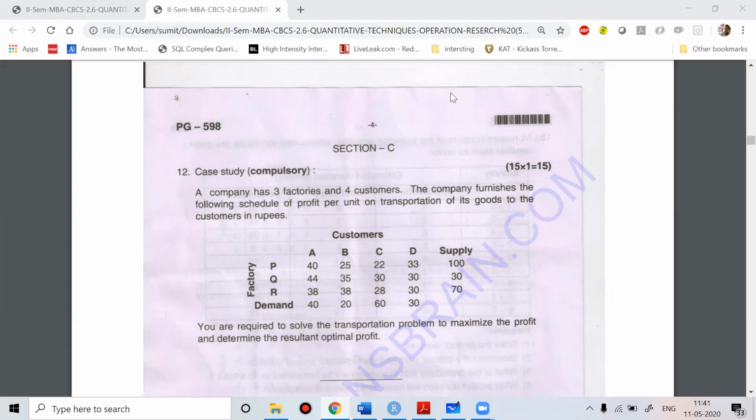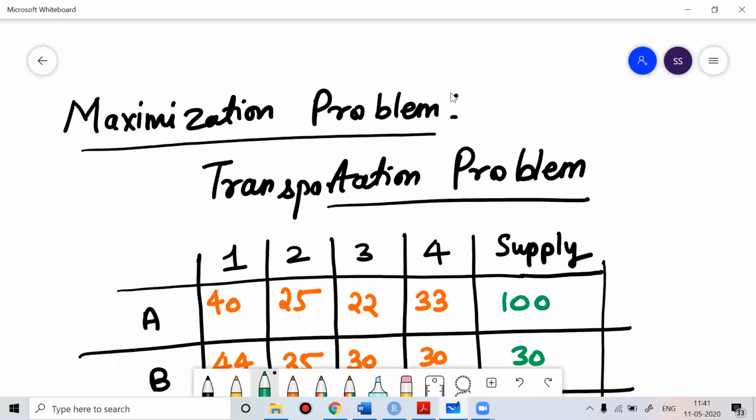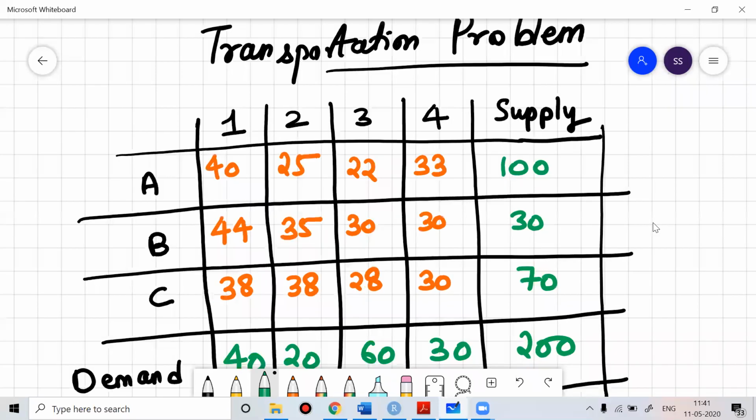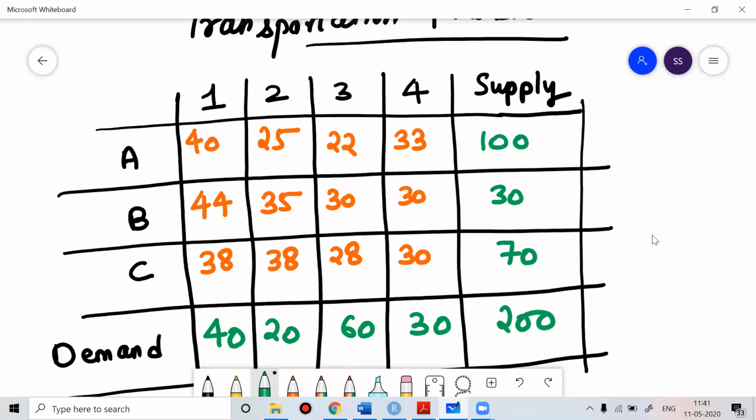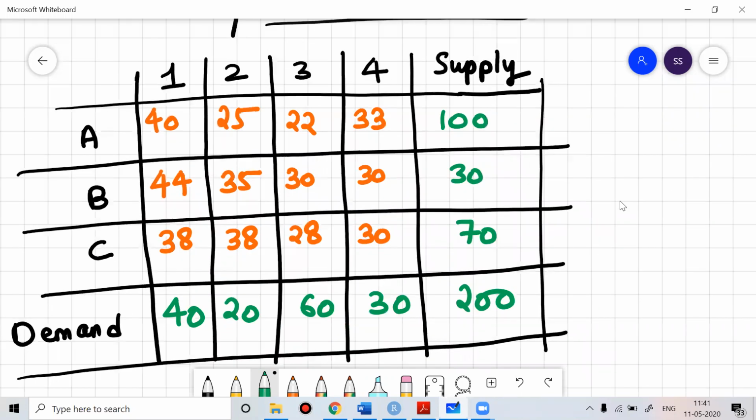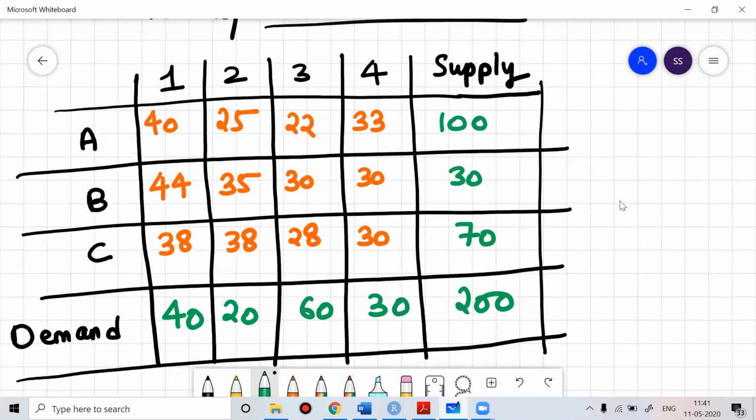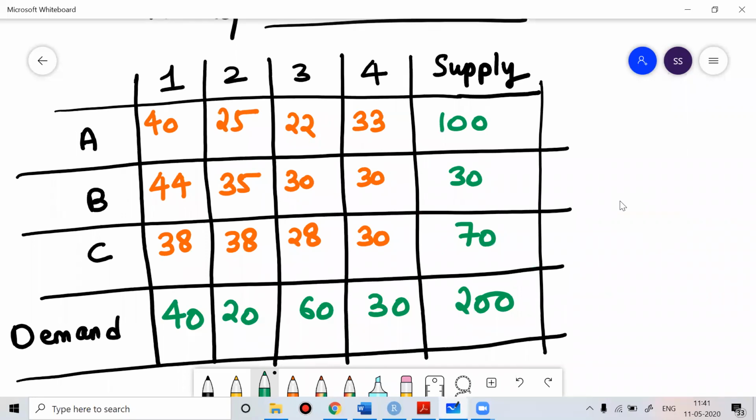So in this problem, neither is the objective function minimization, nor is this a balanced transportation problem. Now we have both problems. Now which problem will we solve first? First we'll make this a minimization objective function. So once you see both the constraints are violated, which constraint should you work on first? First thing you need to do whenever you get a problem where both the conditions are violated,